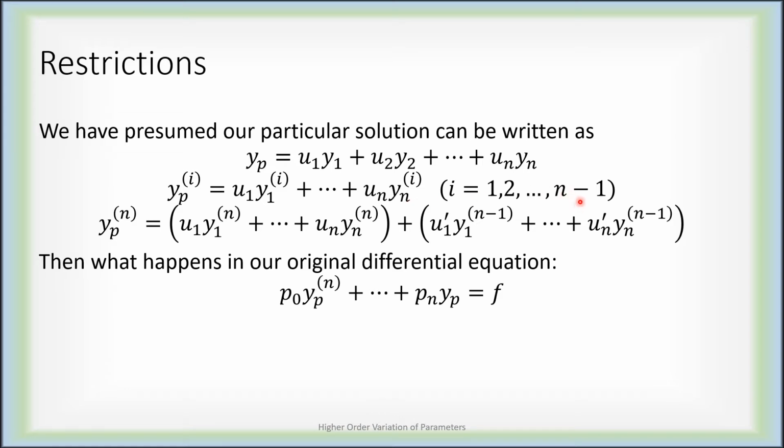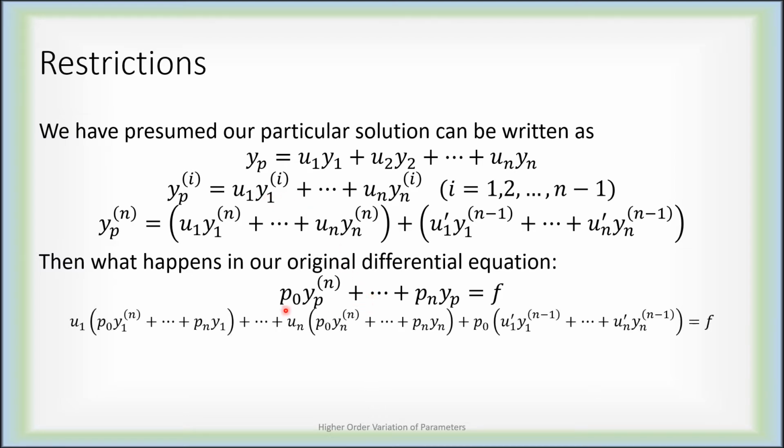But in the n minus first derivative, u1 will be multiplying the n minus first derivative of y1, but it will also be multiplying p1. In the n minus 2 derivative, it'll be multiplying the n minus 2 derivative of y1, but it'll also be multiplied by p2 in the differential equation. So if we continue that argument, u1 is multiplying p naught times the nth derivative of y1, p1 times the n minus first derivative